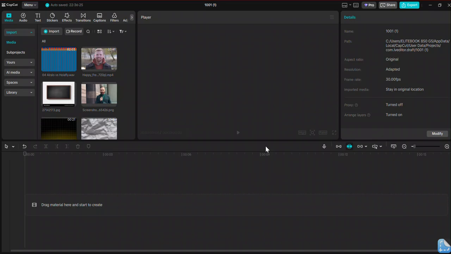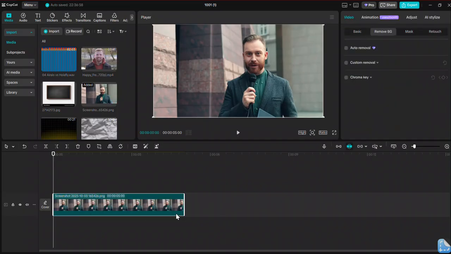In this video, I will show you how to add shadow effects to an image in CapCut. So after you open CapCut, now import your image. So now here is my image. If I want to add a shadow effect to this image, after you click on the image like this, go